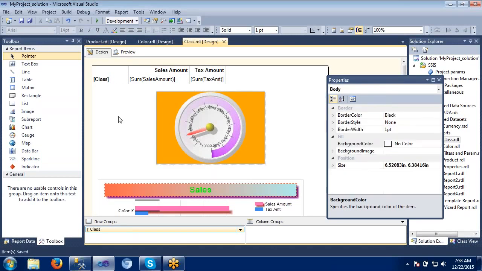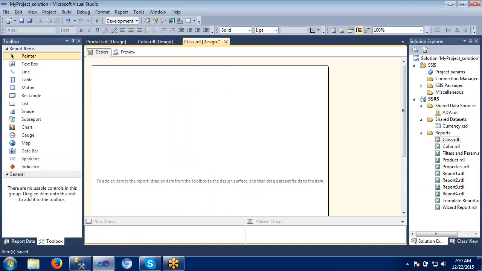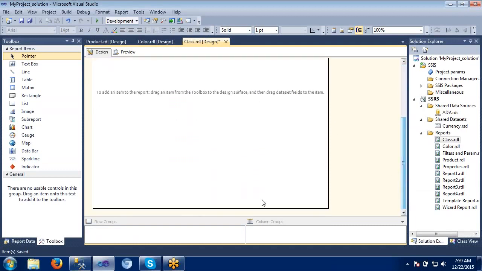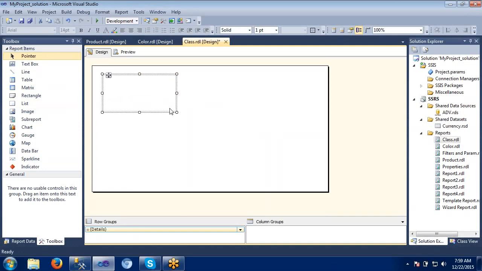So for this, what I am going to do here is let me remove all this stuff. What I want to take here is one list. In this list, I would like to display a text box, one more text box.